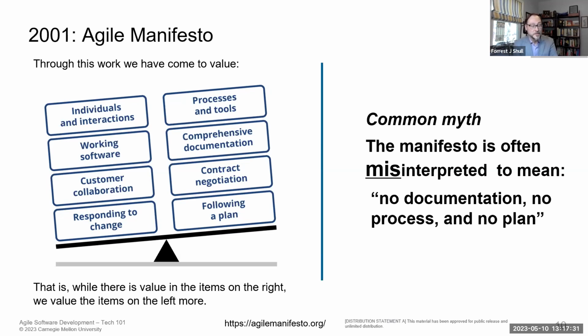The commercial world went through a sea change starting in around 2001, I guess, when the Agile Manifesto came out. And this was a group of thought leaders in software that decided that that way of working was really not providing the value for their customers that they wanted anymore. And so what they came up with was kind of